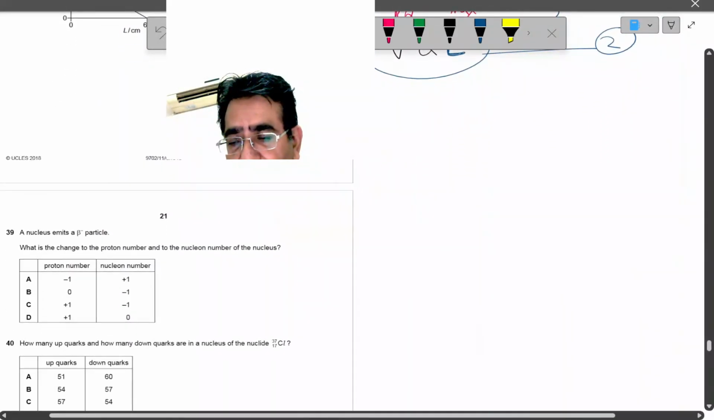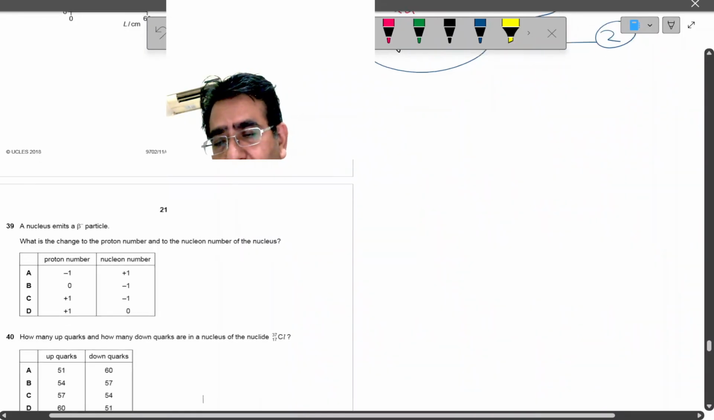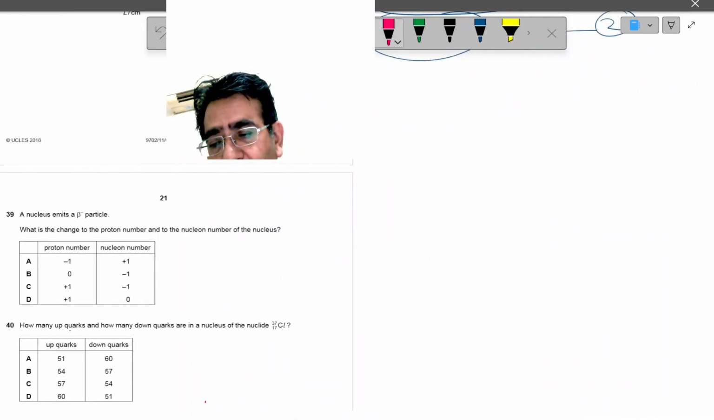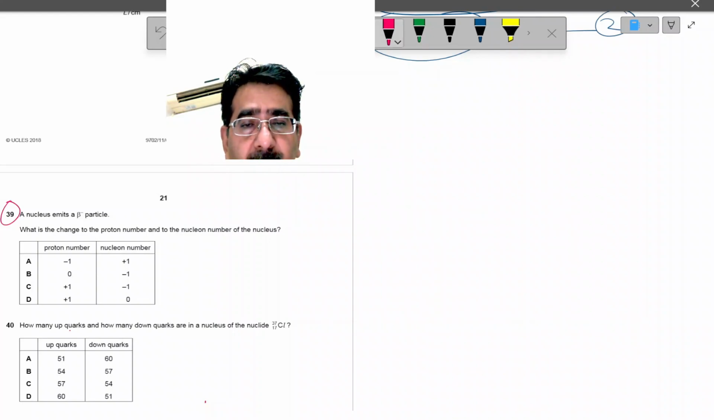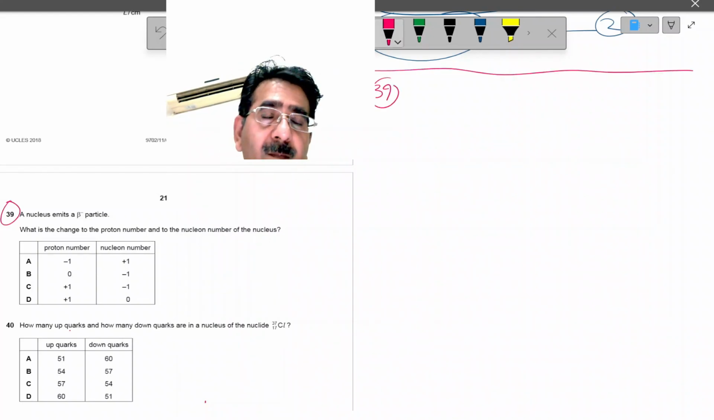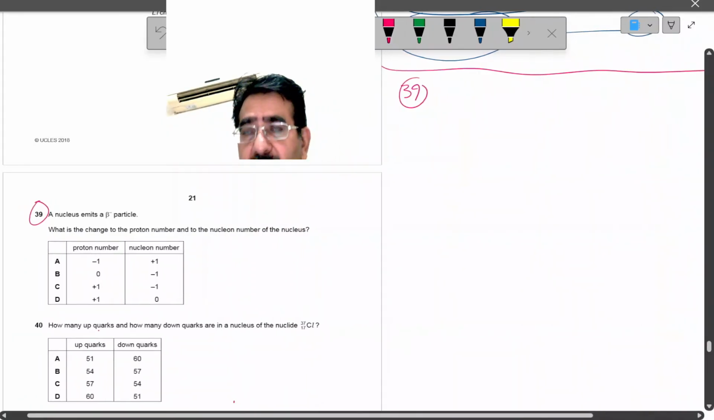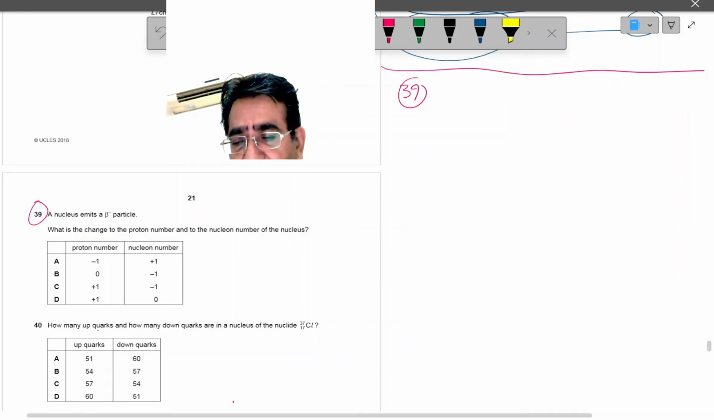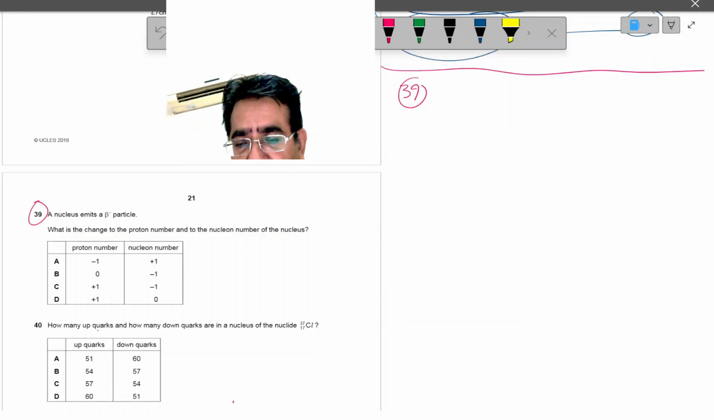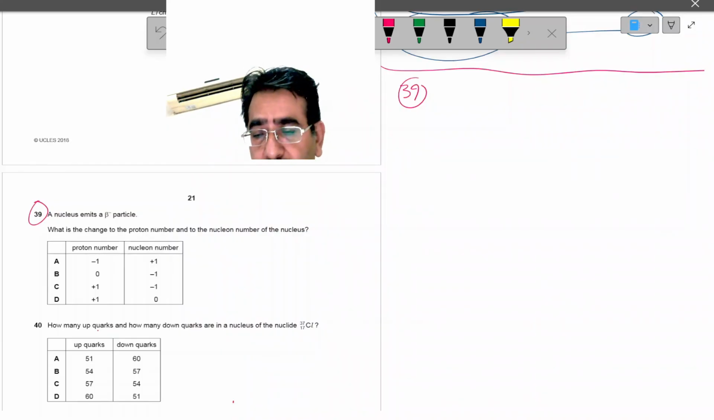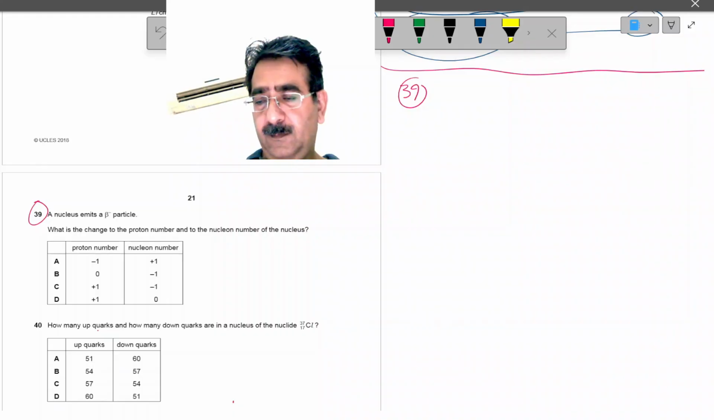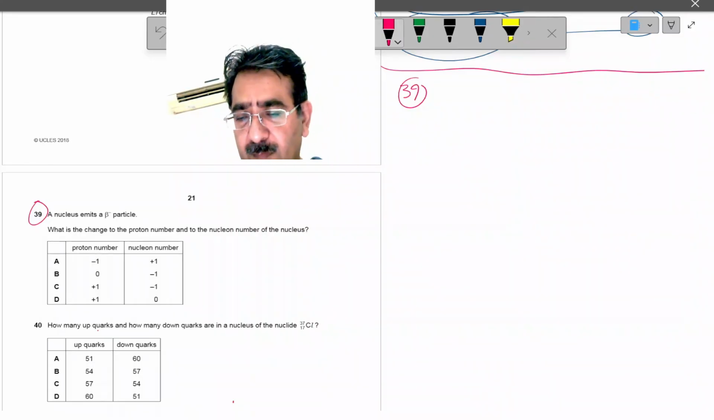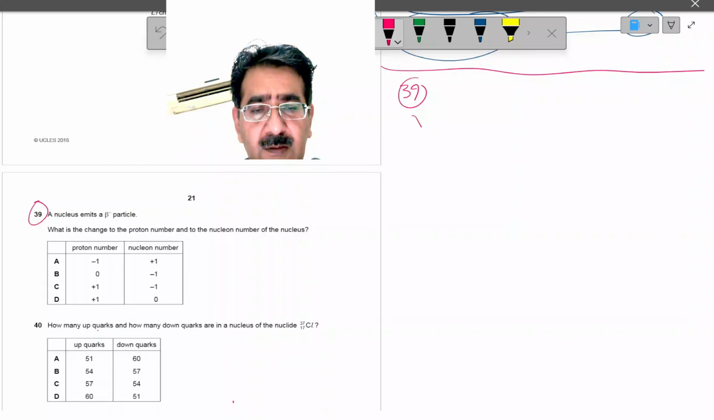Now we move toward the next question, question number 39. Okay, a nucleon emits a beta minus particle. What is the change to the proton number and to the nucleon number of the nucleus? Let's suppose